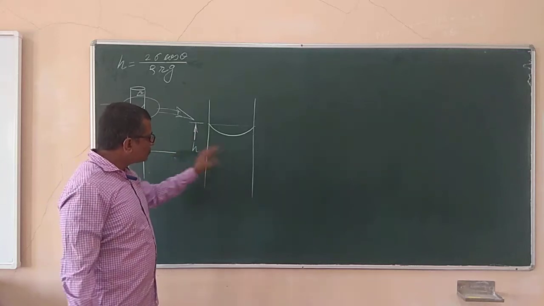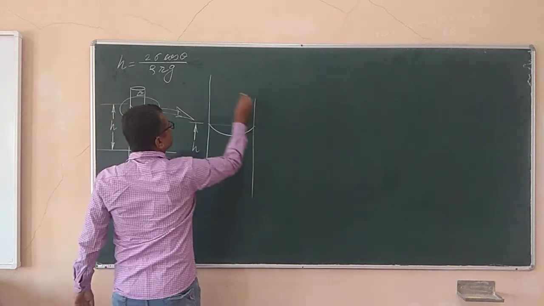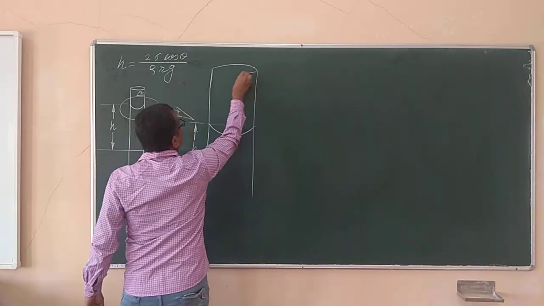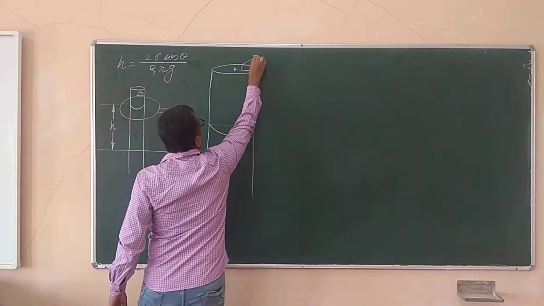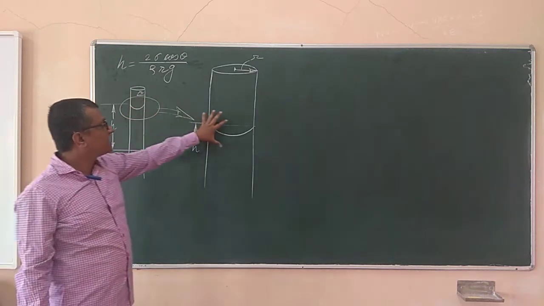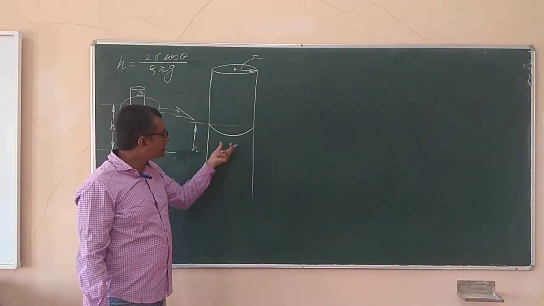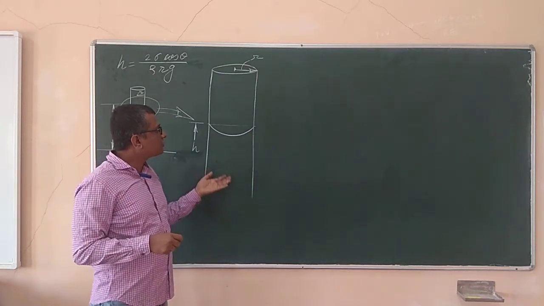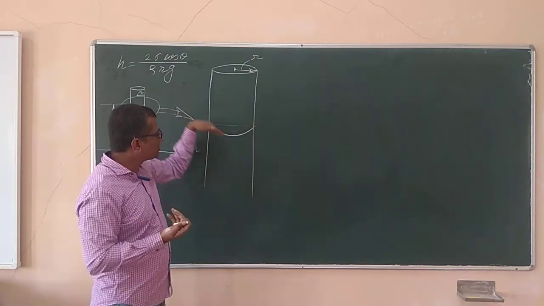Now if you observe this tube and the free surface inside the capillary tube, this is the capillary tube and this is the top end of the capillary tube. The radius of this capillary tube is small r, which I have already mentioned. This is simply the enlarged view of this region. If you look at the free liquid surface inside the capillary tube, it is a curved surface, not exactly flat. The reason is that the water tries to climb up the inner walls of the capillary tube, and that is why the surface becomes curved.